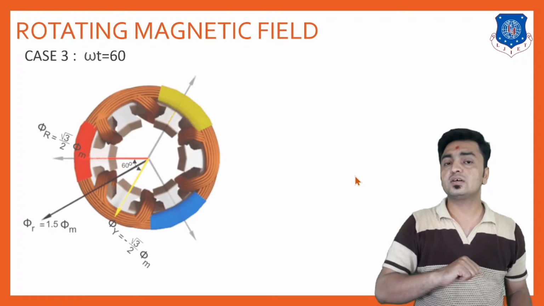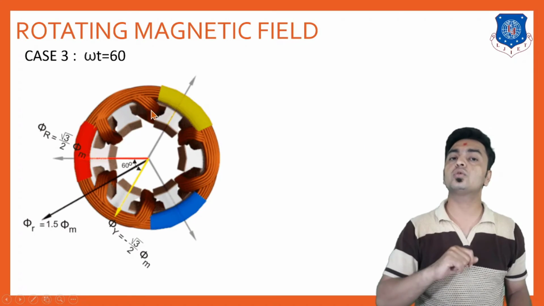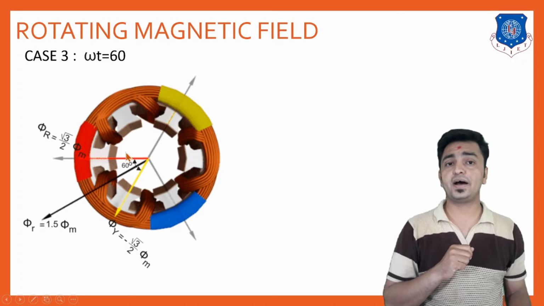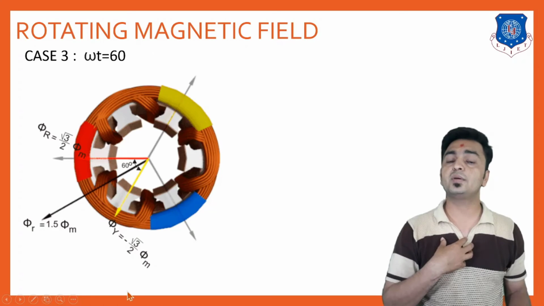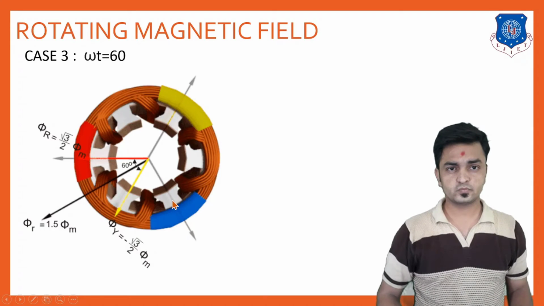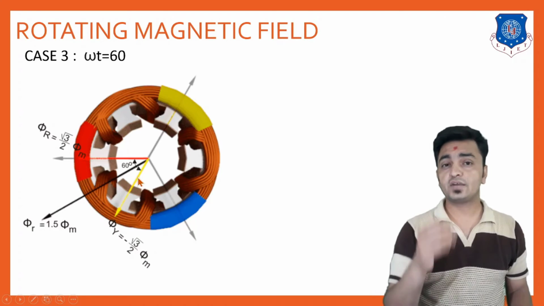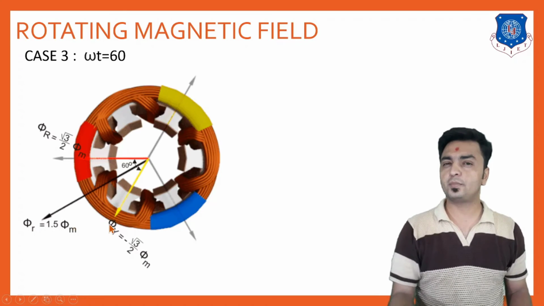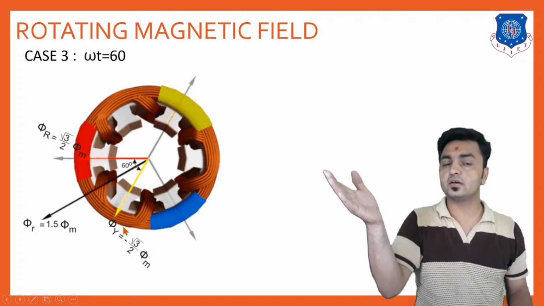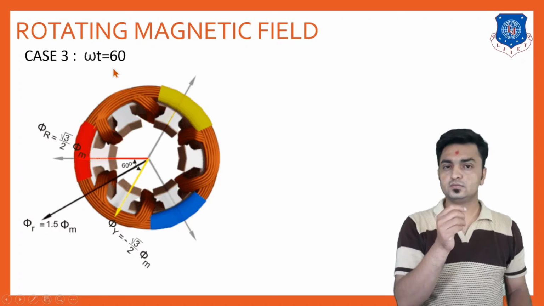And again, if you consider the angle equal to 60 degrees, and put omega t equal to 60 in the three values, then phi r will be root 3 by 2 phi m, phi y will be minus root 3 by 2, and at that time the value of phi b is going to be 0. Now, if you find the resultant of the red and yellow components, that will provide a resultant over here, with value 1.5 phi m. So basically, in all cases, at all angles, we get the same magnitude,